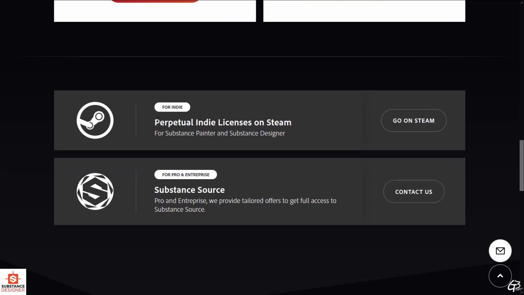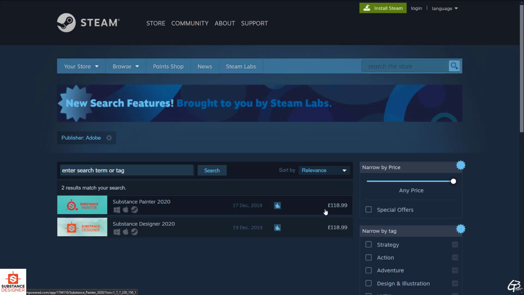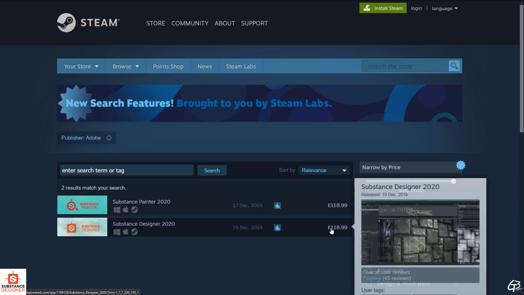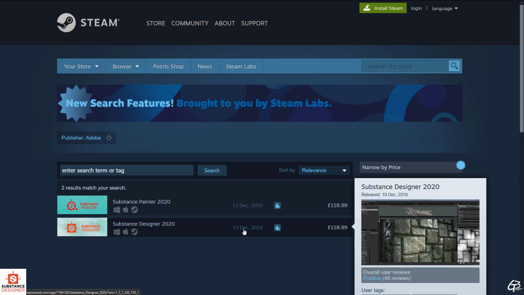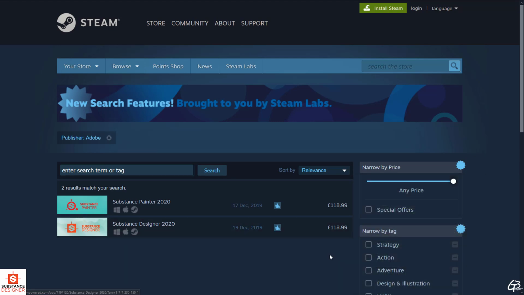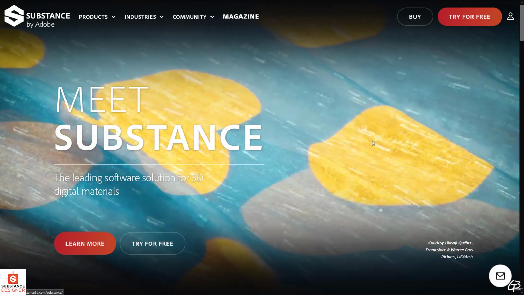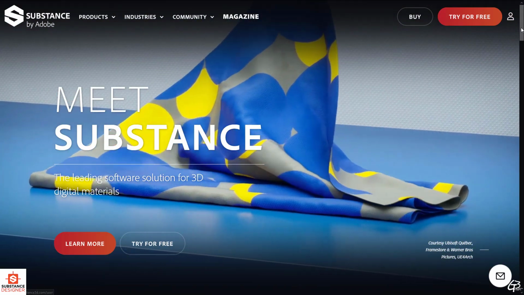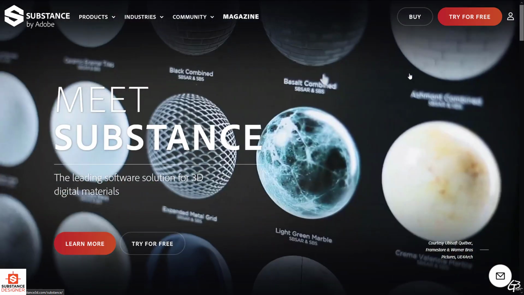There's also another way. If we purchase Substance Designer on Steam, currently for £120, I guess it's about $150, this way we can get a perpetual license with all the software updates until the end of the year of its purchase, and keep using the last available version forever if we decide that we don't want to extend the payment for another year. It means that we can use this baker as long as we want, even without paying for it when the